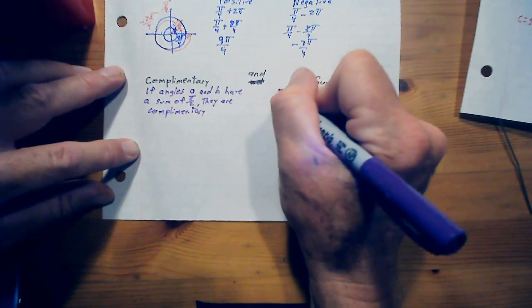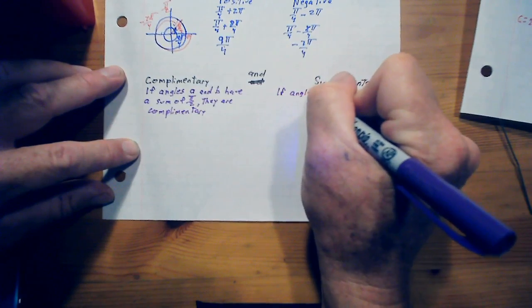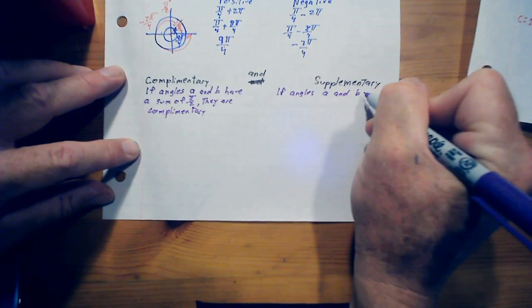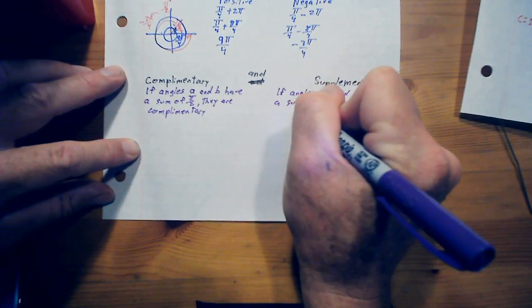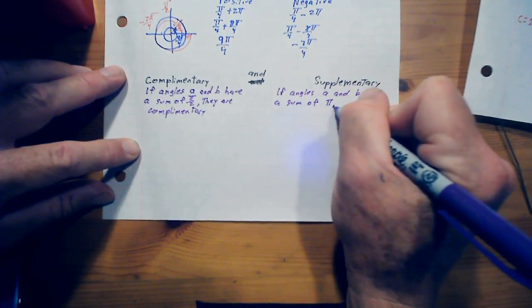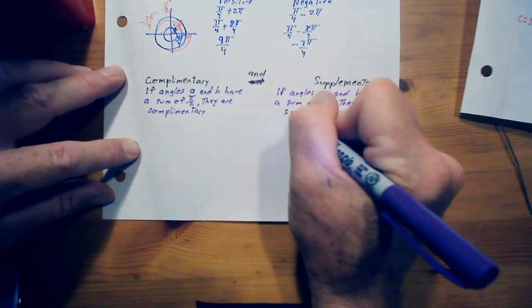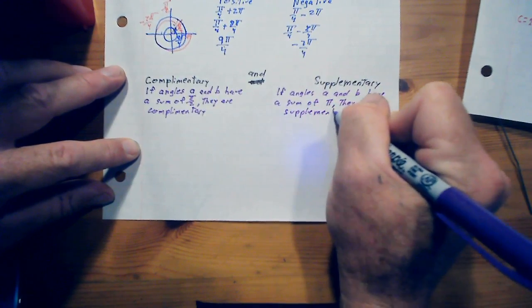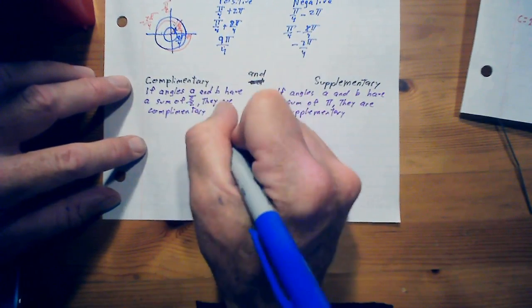Supplementary if angles A and B have a sum of pi, they are supplementary. So let's take a look at a couple, and what I want to do is